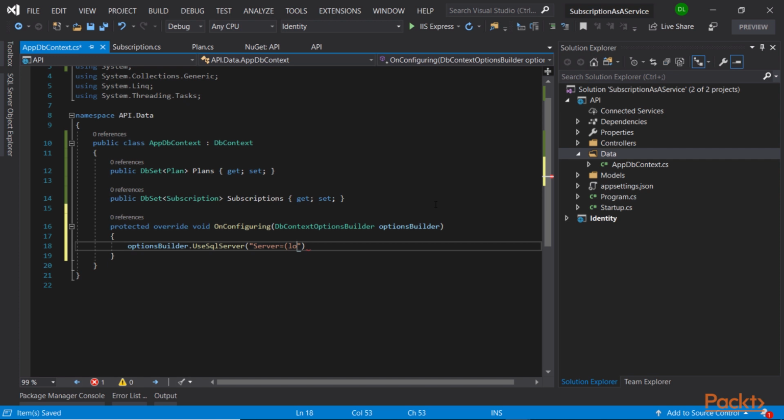So I'm hard coding the connection string for now, since we're not going to be deploying this application somewhere. So it's the local database. It's a Microsoft SQL Server, of course, and the database name, I'm gonna go with something like SaaS, as in subscription as a service. And we could also